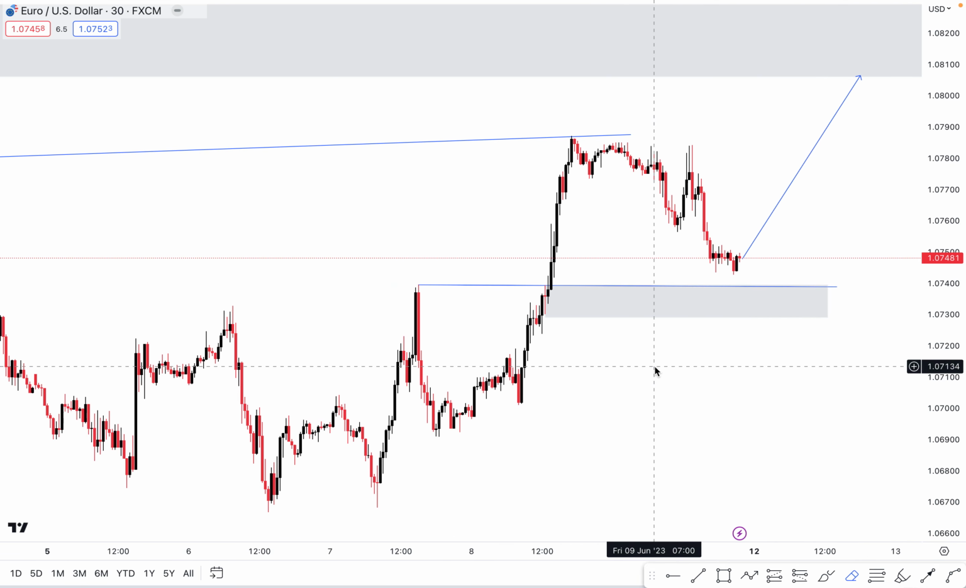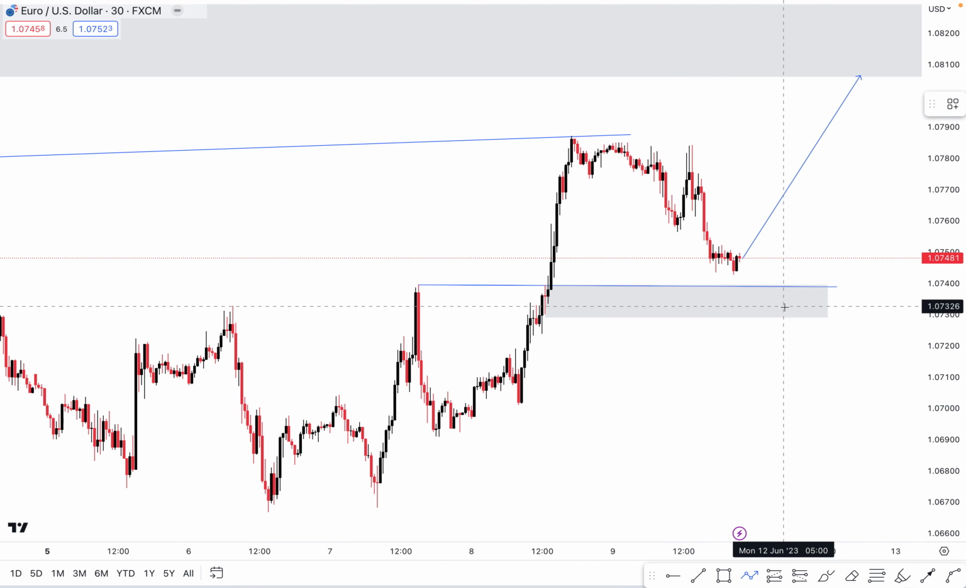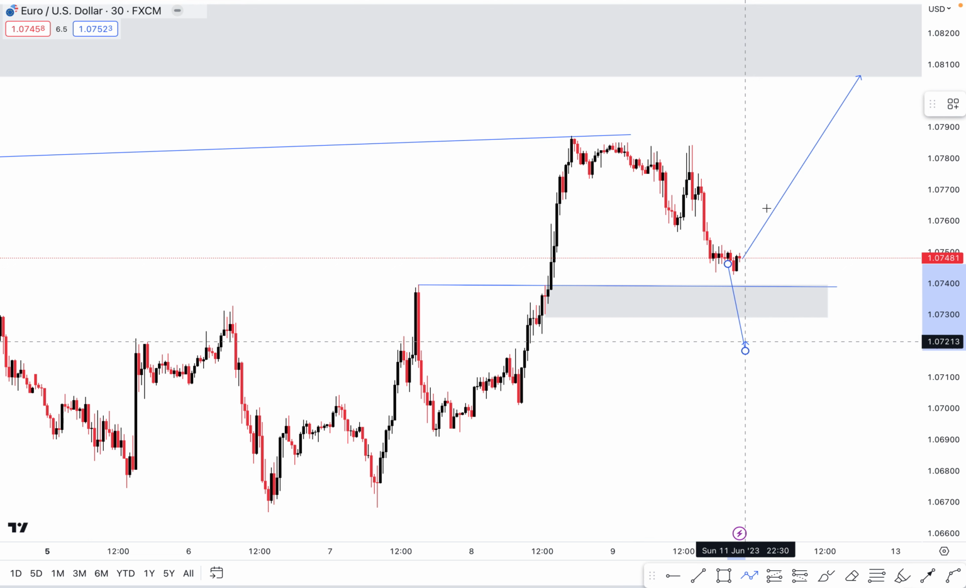unless after the Asian range, because I just like to look at the market at this level and wait for the Asian range to clearly see how the Asian session played out, right? But in case I see this level taken out, okay, I know now I have to come and look